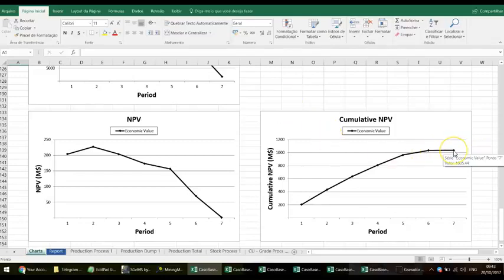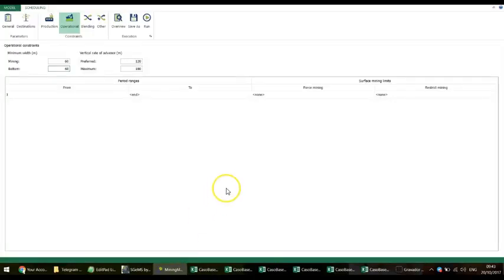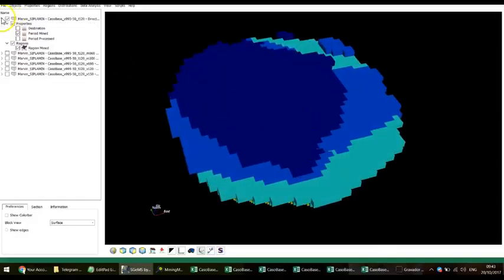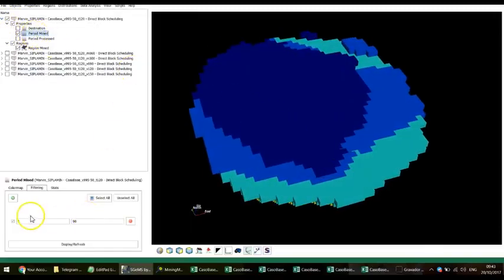You see, we are not losing too much NPV. So this might be something to consider. I'm increasing the geometric constraints, and I'm getting better shapes without losing much value. So let's see the shapes for this case. This one, you see we have more connected regions